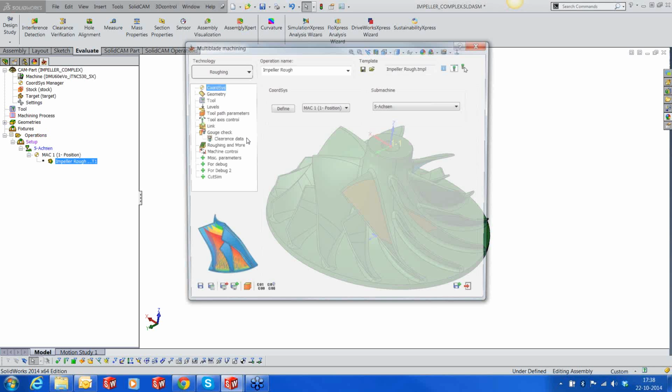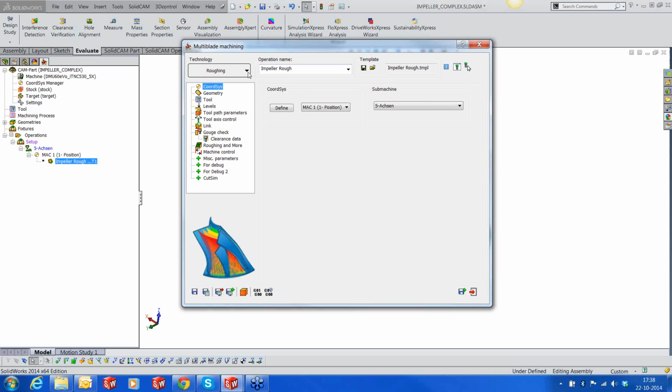Okay, right. So here we are with the template. Now, all I need to do is define my geometry. A little bit about the Multiblade machining module itself: it basically comprises 4 operations: roughing, finishing of the blades, that's the main and the splitter,